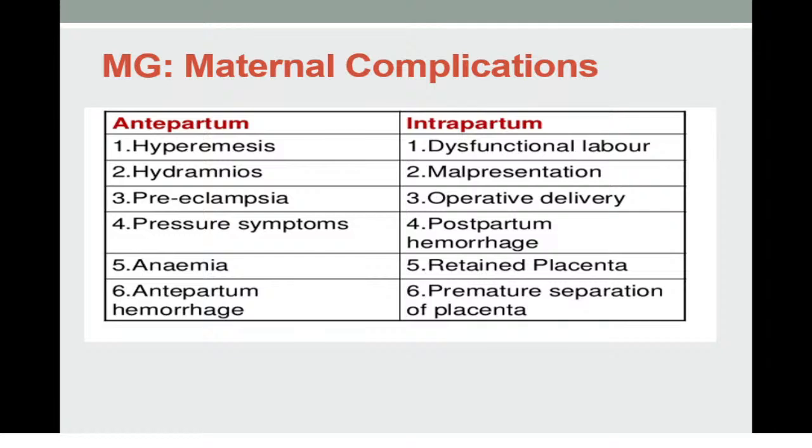What about maternal complications? Antepartum: hyperemesis gravidarum, hydramnios, preeclampsia syndrome, anemia due to increased demand, depending not on a single fetus but on the number of fetuses which are developing inside, antepartum hemorrhage, postpartum hemorrhage. As for intrapartum, dysfunctional labor: an overextended uterus may present weak labor pains,